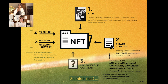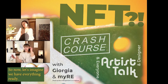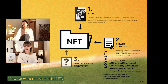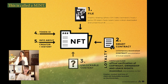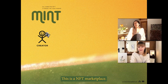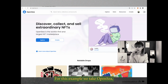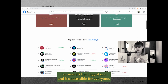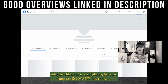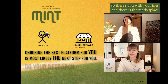So now, let's imagine we have everything ready, and now we want to create this NFT. We want to get it out there. That's called mint. So this is you, and this is an NFT marketplace. For this example, we take OpenSea because it's the biggest one and it's accessible for everyone. I'm not going to get into the different marketplaces because there are so many out there. So there's you with your files, and